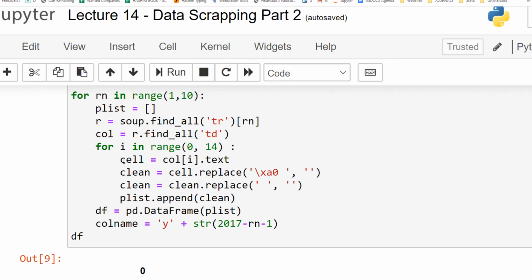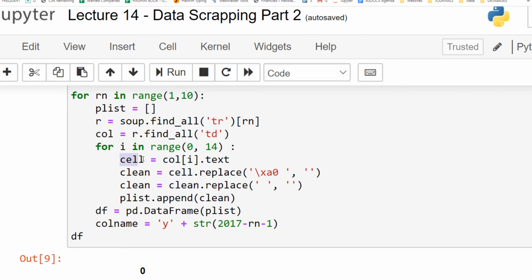So once we slice the first element from the column, we name it cell. And from this element, there will be lots of text, lots of elements, HTML tags, but we need to extract the text out of those tags. So we apply the .text method.